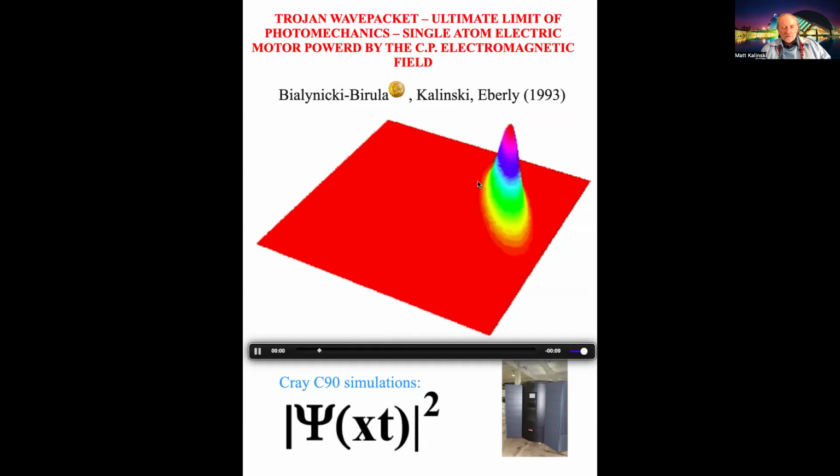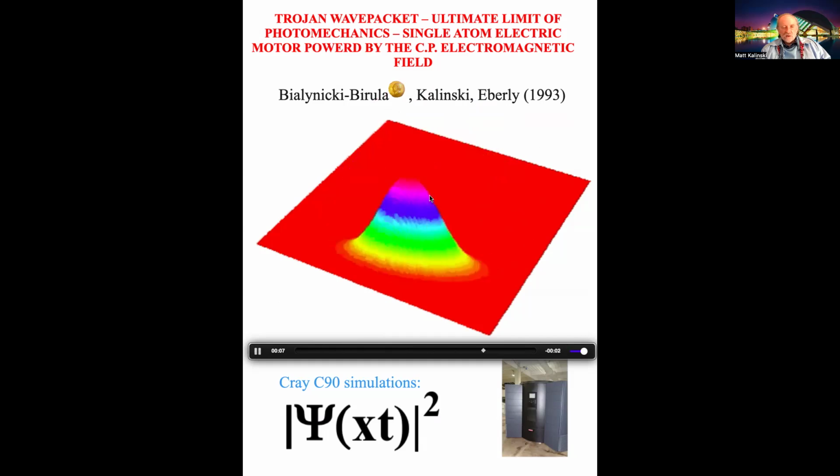Again, this is the solid of the electron probability density in the hydrogen atom, which is orbiting the proton when you add the circularly polarized field. You simply irradiate the atom with the circularly polarized field under certain conditions. And why do we call them Trojan wave packets? Because